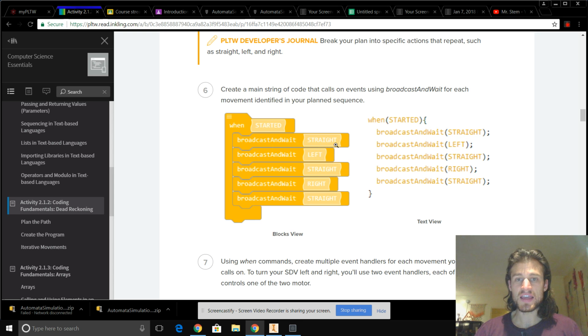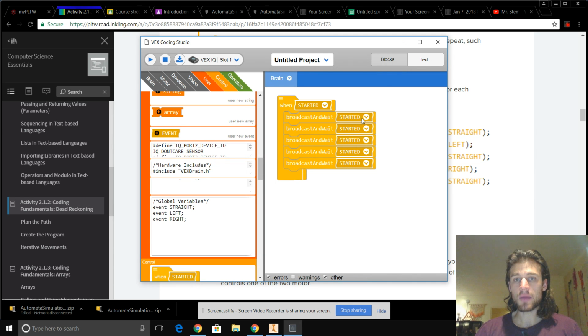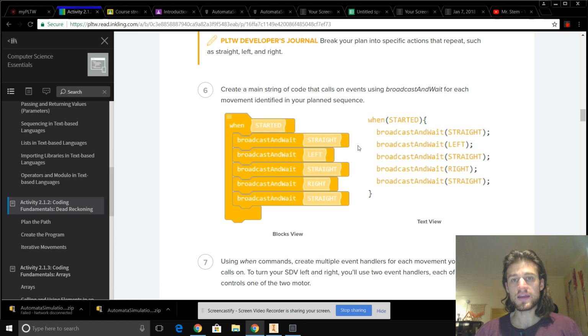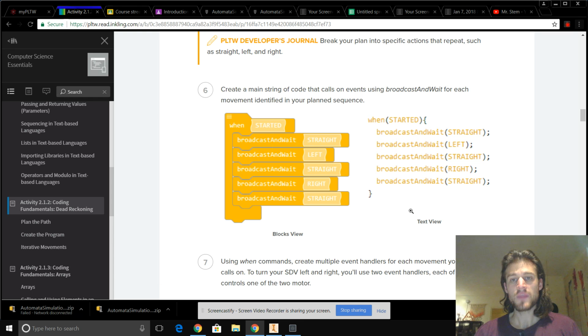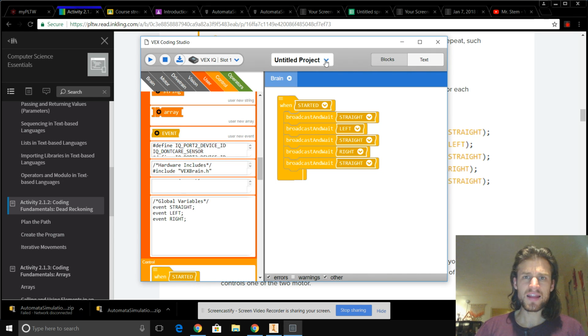And now the good news is I should be able to get straight, left, and right as our events. So we want to go straight, left, straight, right, straight. Okay, straight, left, straight, and then right, and then straight ahead again. Now let's go ahead and rename this, let's call it proj